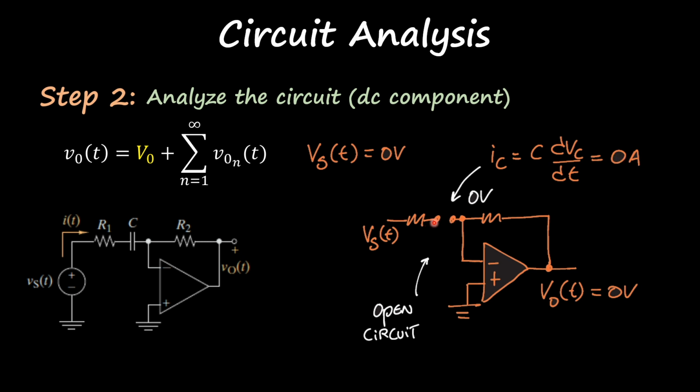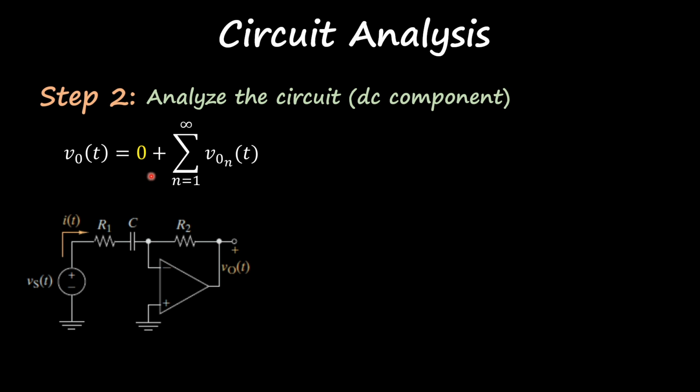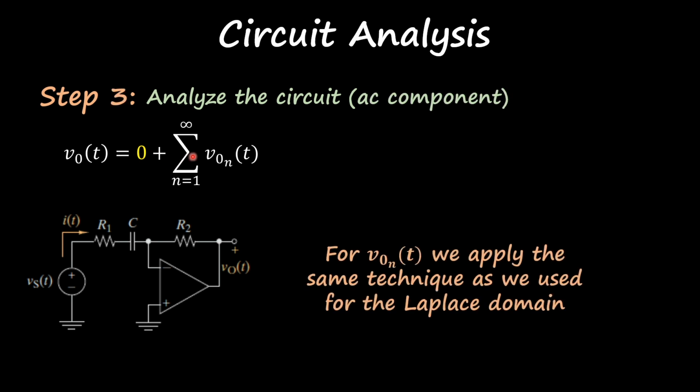So if I have no current flowing through the capacitor, I know that the voltage at the positive terminal is going to be the same as the voltage at the negative terminal, and this is because we have our op-amp in an amplifier configuration. And 0 volts over here, that means that my V0 is going to be 0 volts. I have no current flowing through this branch over here. Alright, so we plug that value over here and we go over step number 3,